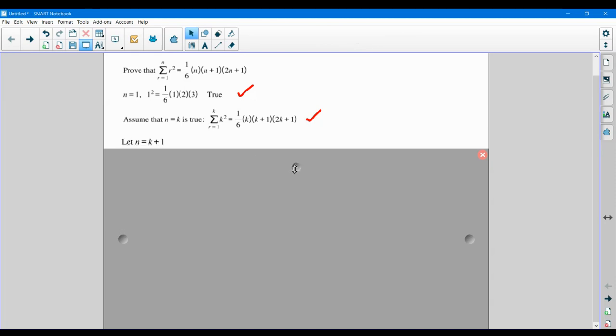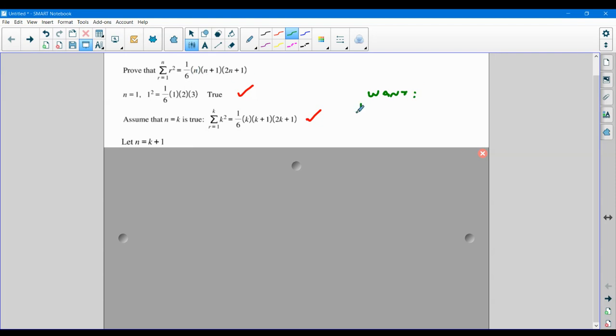Now the next step is where I'm going to get a lot of the marks. This is the inductive process. So I'm now going to let n equal k plus 1. If I just stop here for a minute and write out n equals k plus 1, and what I want, and this is always handy to write down maybe on the side of the page, so I want to put k plus 1 in,